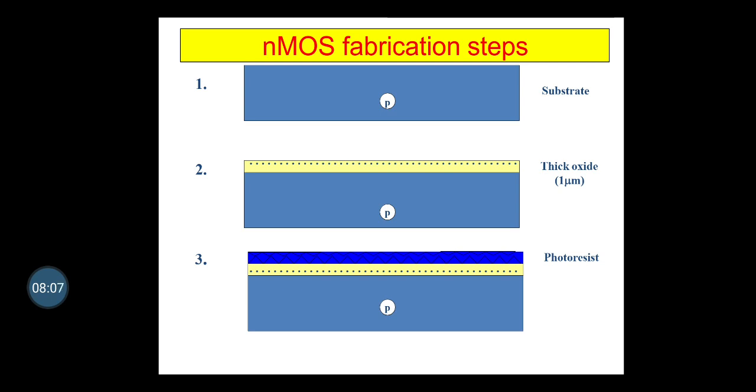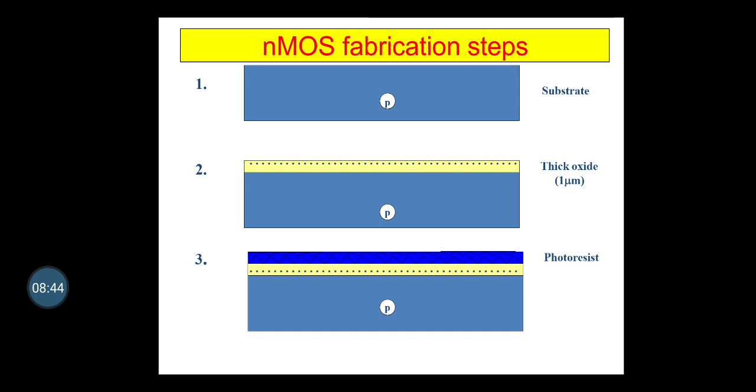The processing is carried out on a thin wafer cut from a single crystal of silicon of high purity, into which the required P impurities are introduced as the crystal is grown. Then the next step is a layer of silicon dioxide is grown all over the surface of the wafer to protect the surface, act as a barrier to dopants during processing, and provide a generally insulating substrate onto which other layers may be deposited and patterned.